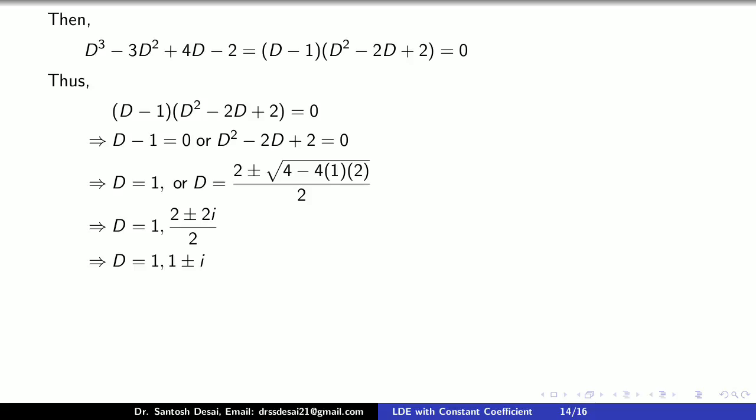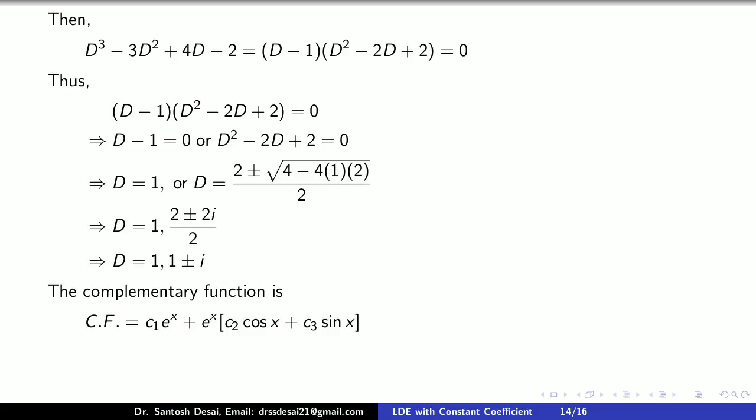So to write the complementary function, here we have to combine two rules, that is rule 1 and also rule 3. So one real root is there, so therefore complementary function, for the real root take one constant c1 e raised to x. Now here the imaginary roots are 1 plus or minus i, that is alpha is equal to 1 and beta is equal to 1. So therefore plus, first you write e raised to alpha x, alpha is 1, so you will get e raised to x into c2 cos x plus c3 sin x. So this is the complementary function which is written by combining rule 1 and rule 3.